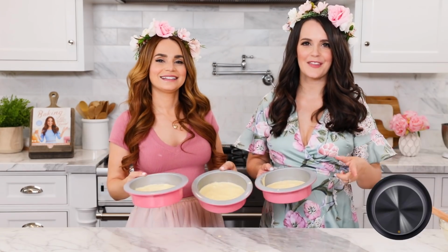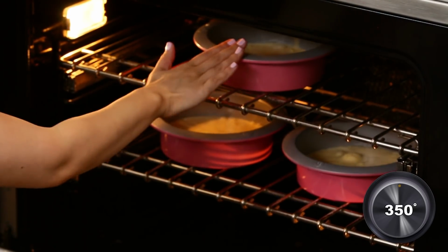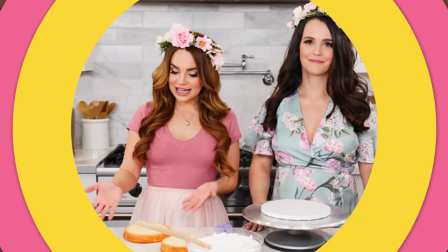And now we're gonna cook them at 350 for about 30 minutes. Yep, and you can put them all in together. They can all bake at the same time. Our cakes have baked. We gave them plenty of time to cool, and now we are going to stack and